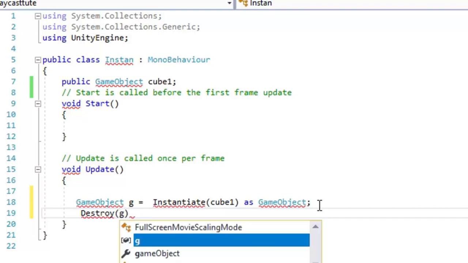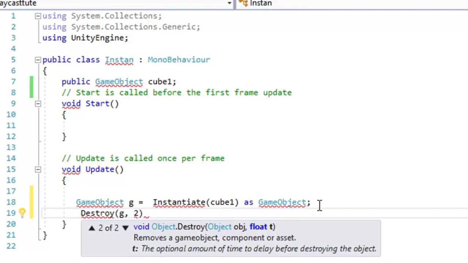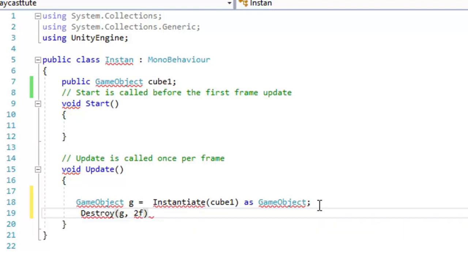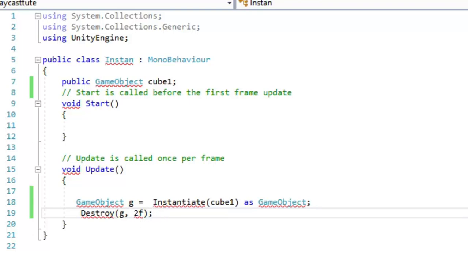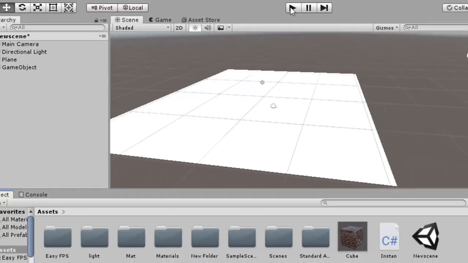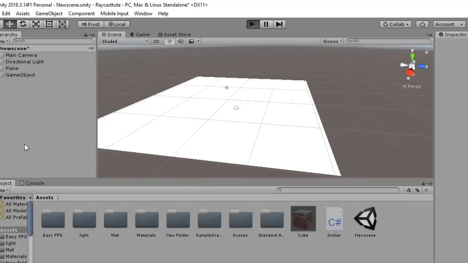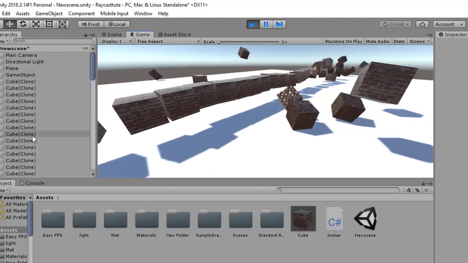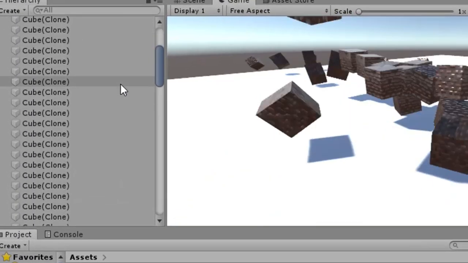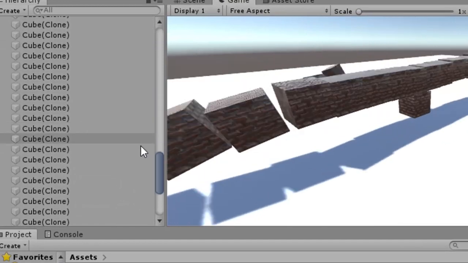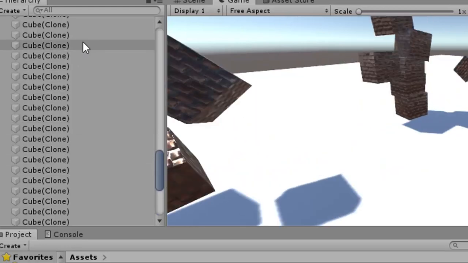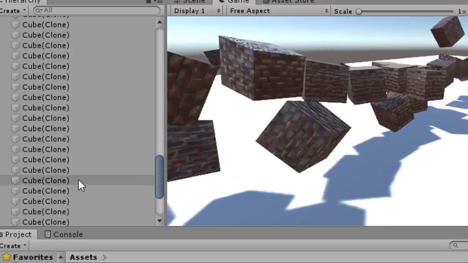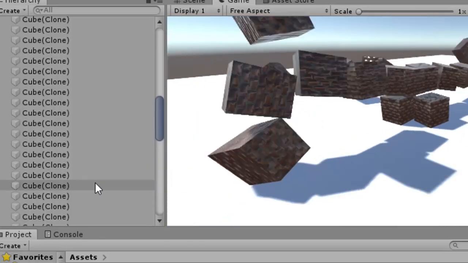and here we have to tell after how much time the object will be destroyed. So here I am writing 2f. It means after 2 seconds the created clones will be destroyed. Okay. Here we can see that after a certain amount of time this scroll bar is fixed. It is not decreasing in size anymore because after 2 seconds the clones are getting destroyed. That's why the memory of the system will be flushed out dynamically.